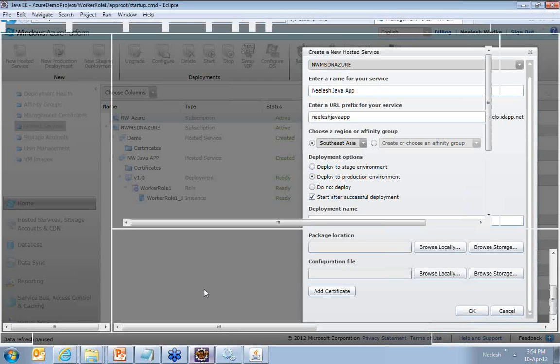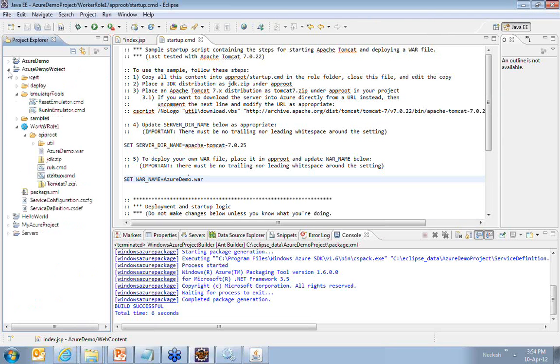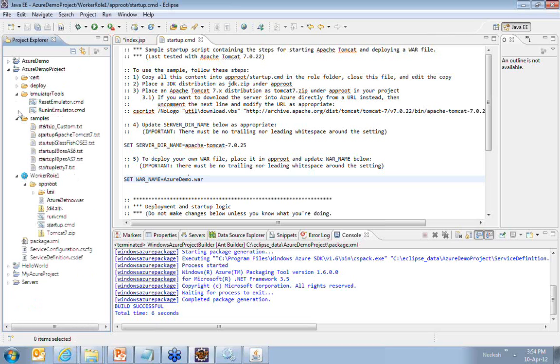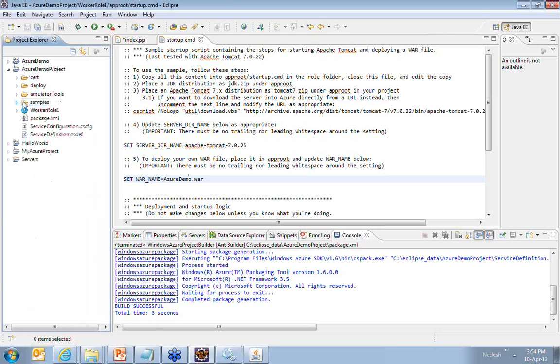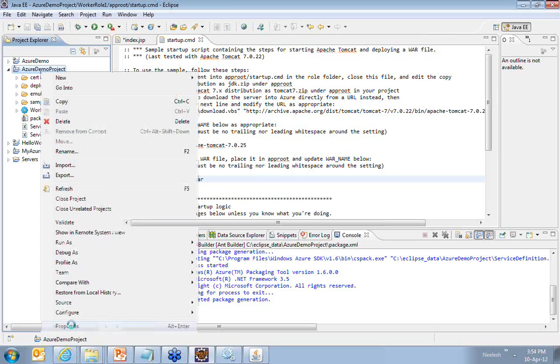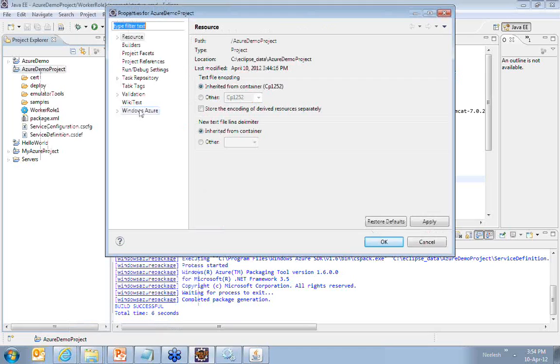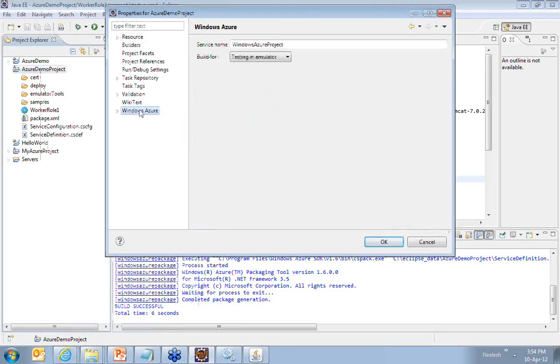And here is one important step. If you want to create a package to deploy it on the cloud, you have to go to the Azure demo project and go to the property window. Now you will see Windows Azure. All this is possible just because you have the plugin with you. So the Windows